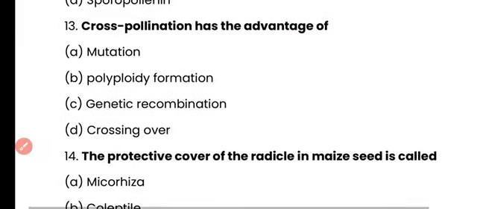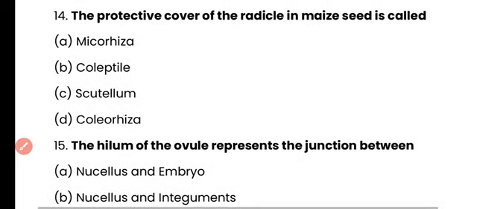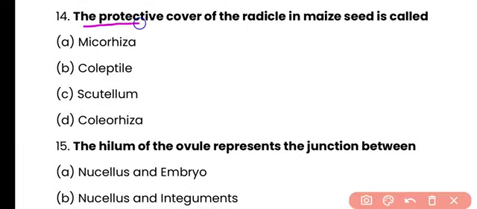Question number 13. Cross pollination has the advantage of mutation, polyploidy formation, genetic recombination, crossing over. करेक्ट आंसर इज ऑप्शन सी। क्रॉस पोलिनेशन से प्लांट्स के अंदर जो है वो जेनेटिक रिकम्बिनेशन डेवलप होते हैं। सो करेक्ट आंसर है ऑप्शन सी।